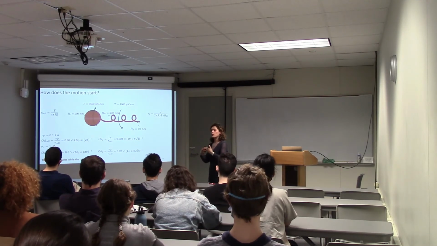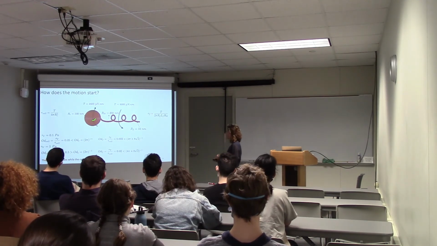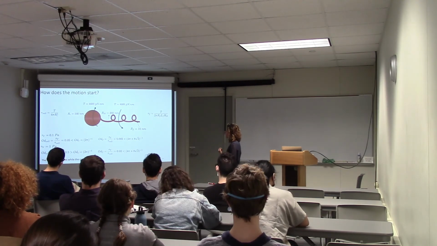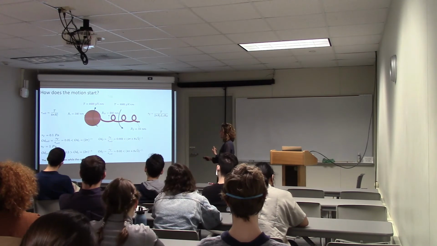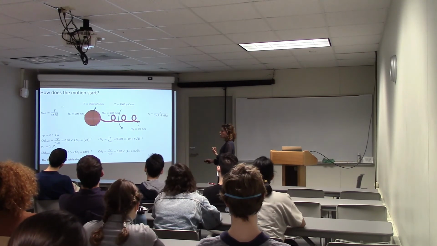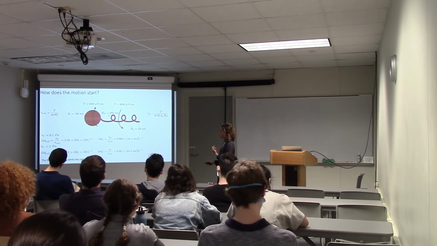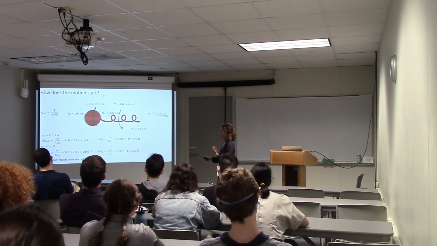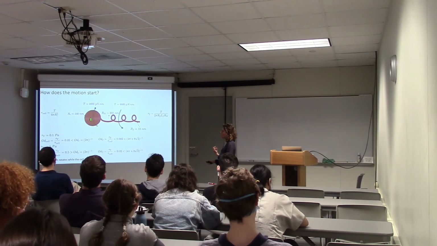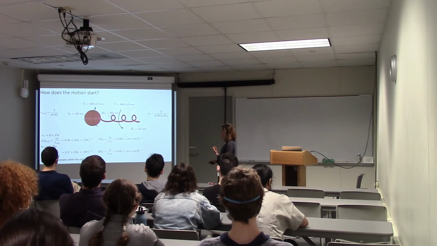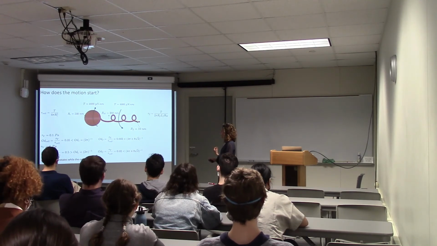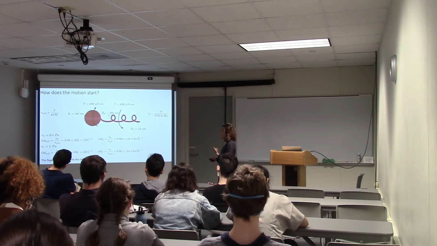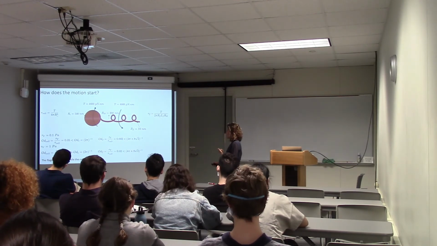We know how much force we have to apply to overcome the yield stress for both the head and the tail. So what we're going to do, these are some data from the experimental measurements. So we know what is the radius of the head. We know what is the torque that the motor, the flagellar motor, can apply on the head and on the tail. We know what is the diameter or the radius of the tail, and we know what is the size of this helix. So we have everything,